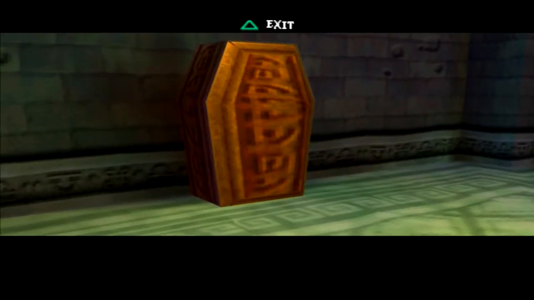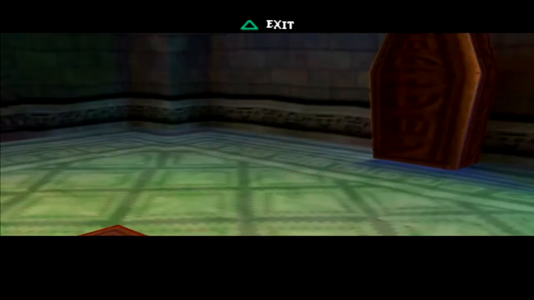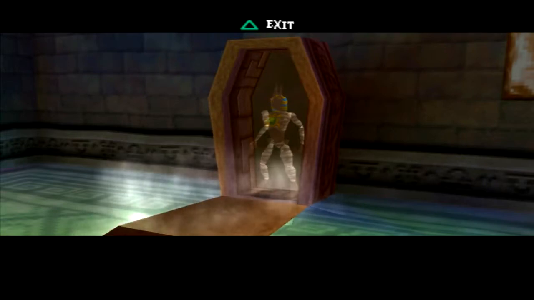I don't know why it's giving me options to exit this part. I literally only just started the level and exited the level, and then just restarted again, so...